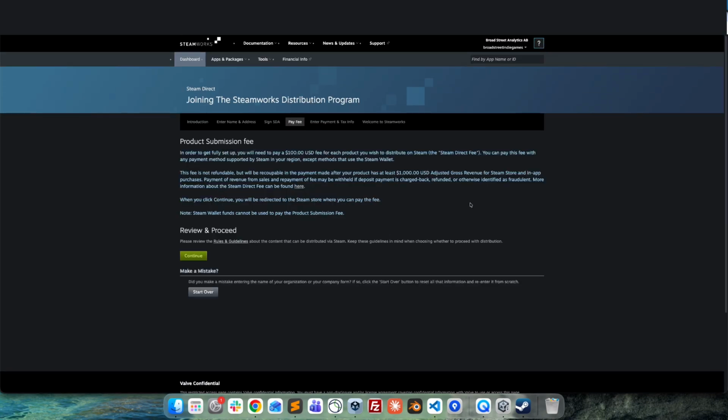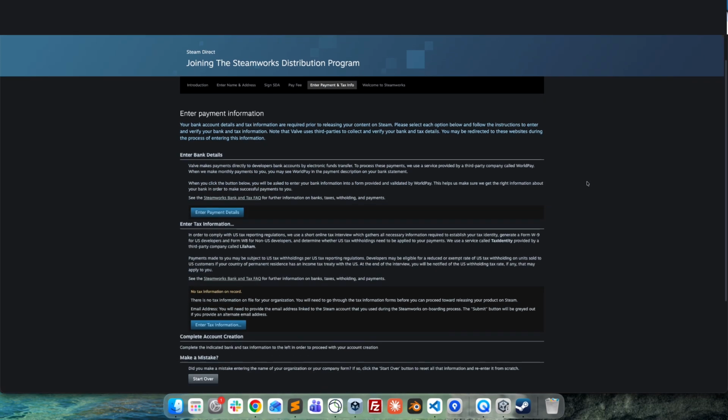The next step is about the registration fee. The fee is $100 that you can pay with your local currency. And it's not only the registration per se, it also covers the fee of your first submission. Publishing a game in Steam costs $100 per game. So paying $100 here and not when you try to publish your first game makes sense. Because if you are not going to publish a game in Steam, why bother registration here in Steamworks, right? Right. So you gotta pay.